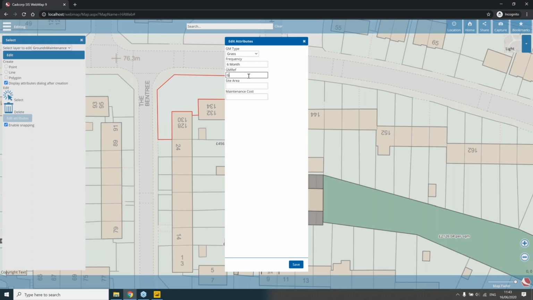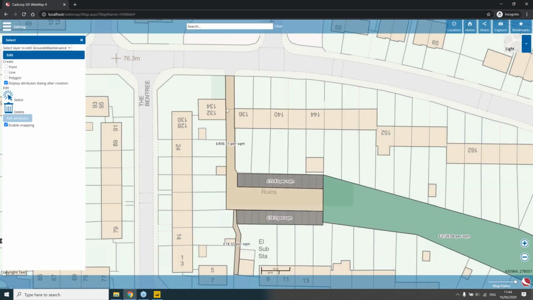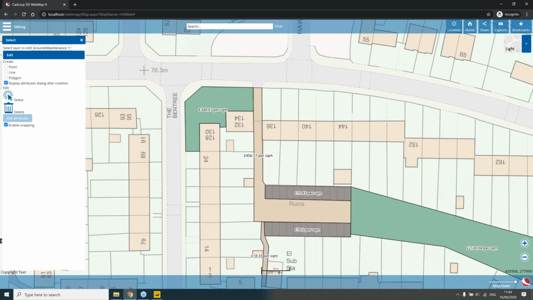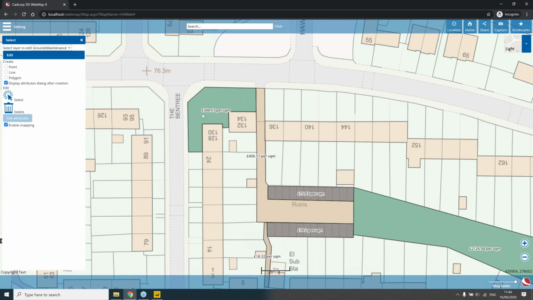And we might have a grounds maintenance reference, so I might just enter this manually as well. And then the site area and the maintenance cost, I'm going to leave blank, because these are expressions that have been worked out to work out the overall maintenance cost of that particular grass that we've got in question. So when I click save, the system tells me that feature has been updated successfully. And what you'll see is not only has it put that polygon in place, it's also coloured it appropriately for the theme that we've got applied, but it's also put a label on it to say that this piece of grounds maintenance is going to cost